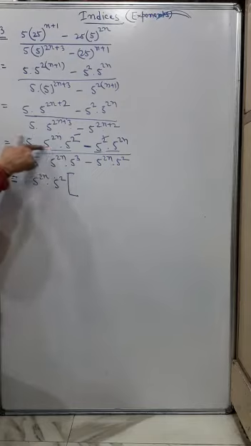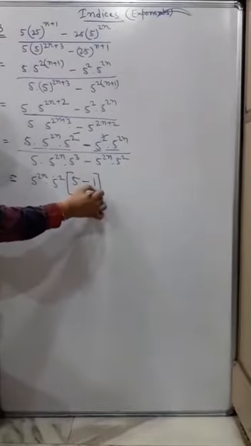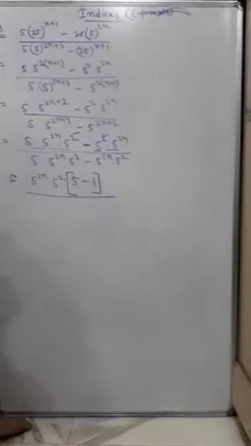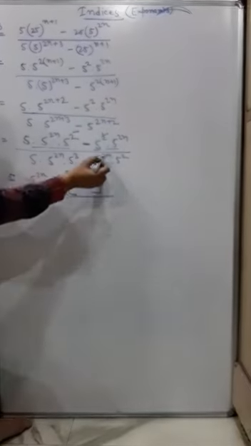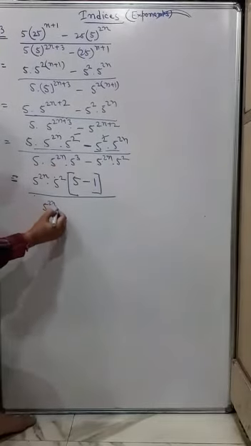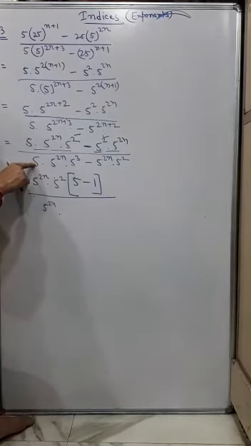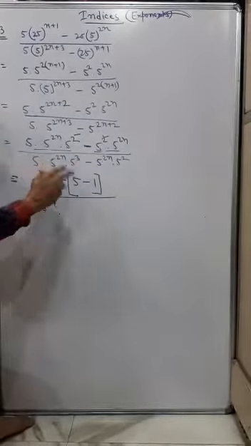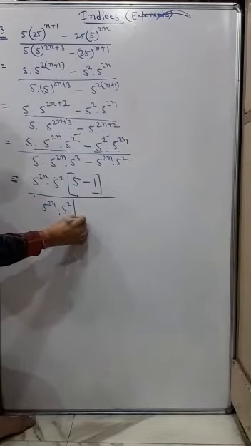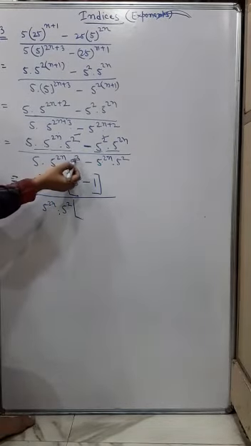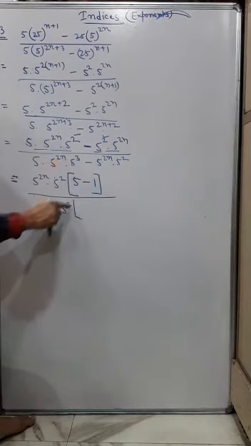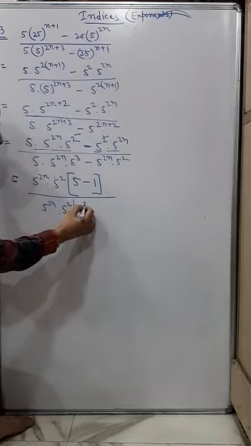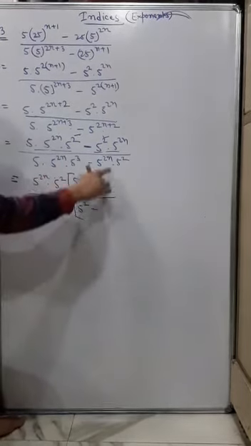Now what is left here? 1 5 is left. 5, this is minus, and this is 1. Now here what you can take common, again you can take 5 to the power 2n and 5 to the power 2n common. And here you can see 5 cube and 1 5. So that means you have altogether 4 5, 5 into 5 into 5 into 5. And here you have 2 5, 5 into 5. So we can take 2 5 common. Now if I take 2 5 common, that means 5 square. Now what is left here? You had 4 5, 5 into 5 into 5 into 5. You have taken this. So 5 square is left, then minus, and then 1.